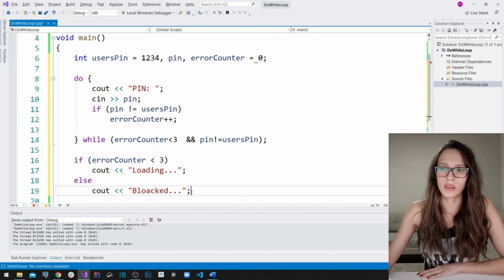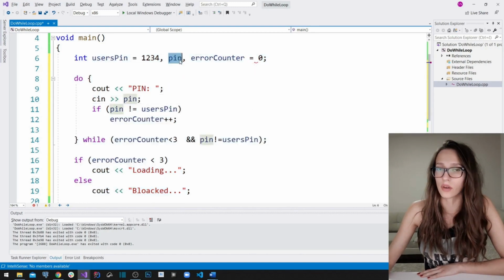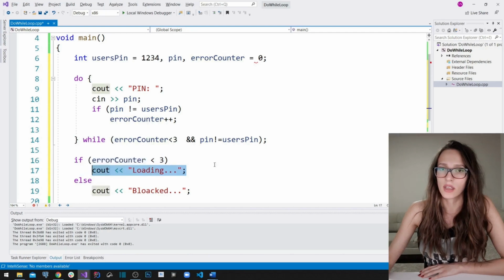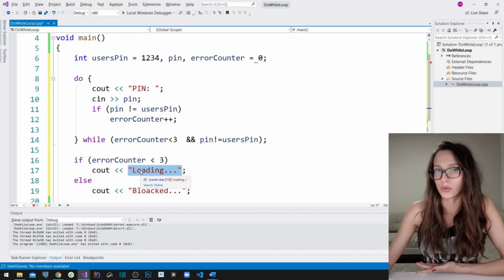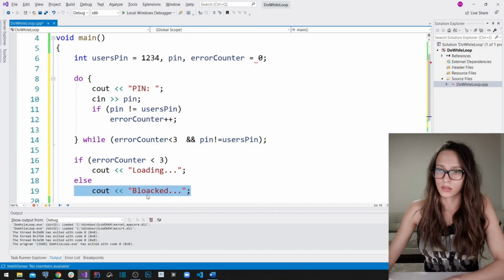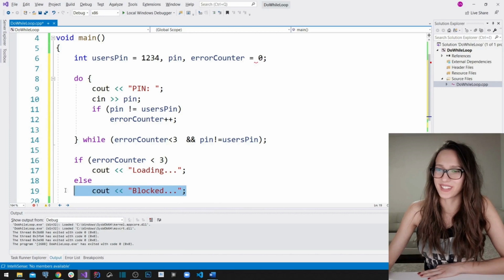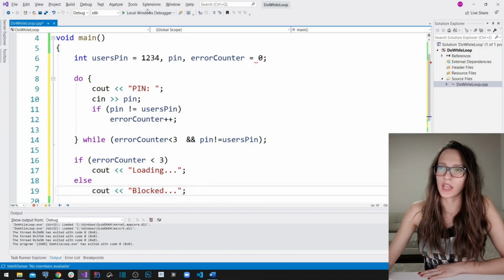So this is going to be a program that we really use to allow our user to enter 3 attempts of his PIN, and in a situation where he guesses that PIN correctly in those 3 attempts, we are going to write out to our user that he has successfully unlocked his phone, for example, and we can proceed with loading of applications. But in a situation where he really uses all of those 3 attempts and fails to guess his PIN, we can write out that the application is blocked. Now it's okay. So let me run this program,